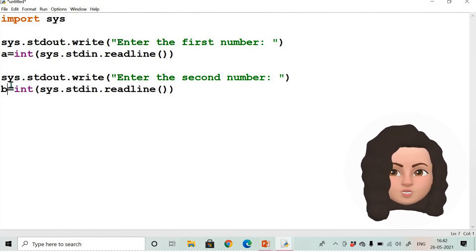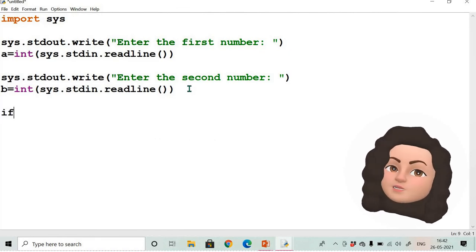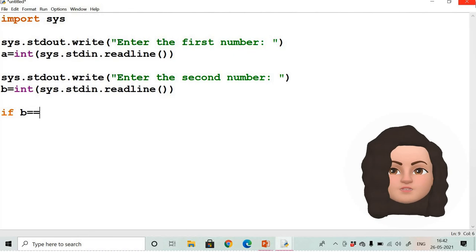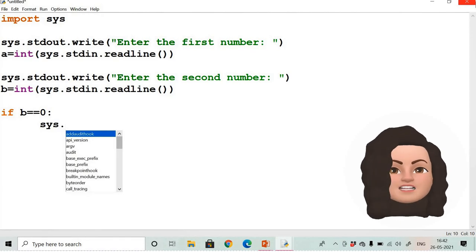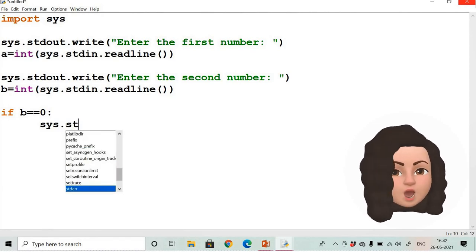Now we have to check whether the second number is equal to 0. If the second number is equal to 0, we can't divide. So if b double equal to 0, because we are checking, you have to display an error message. So the module name sys.stderr.write, then you have to write the error message.